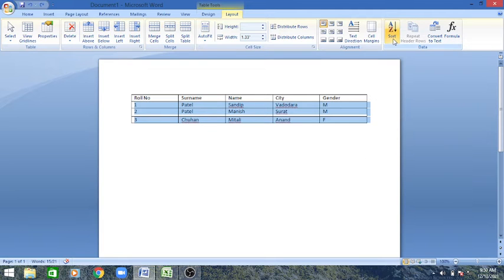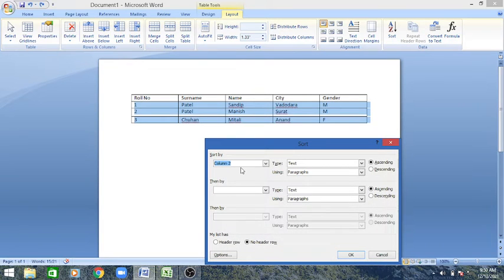I am going back again into the sorting, sort by column 2 and what about this line? Then by column 3. So I am selecting column 3. Why? You can see column number 2 is having Patel 2 times. Now Sandeep and Manish, which line has to come first? You can see Manish has to come first because in ascending order A to Z, M is coming first and S is coming second.